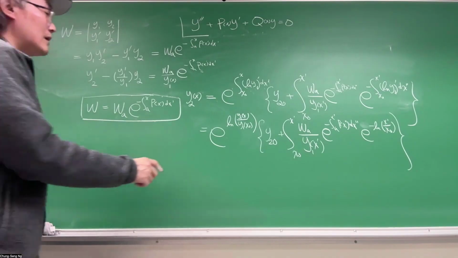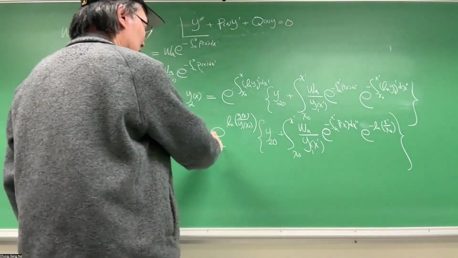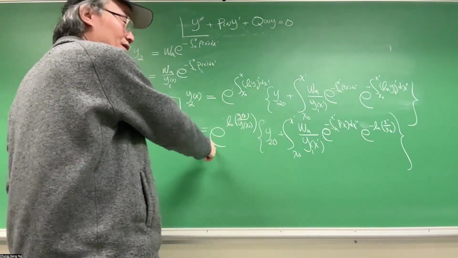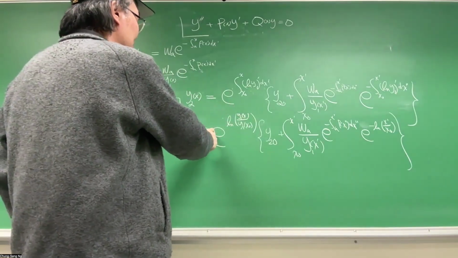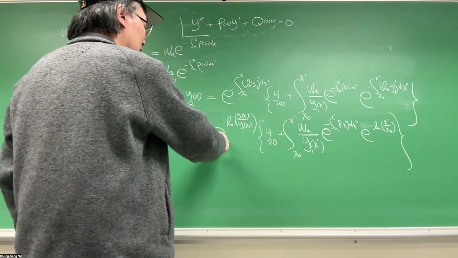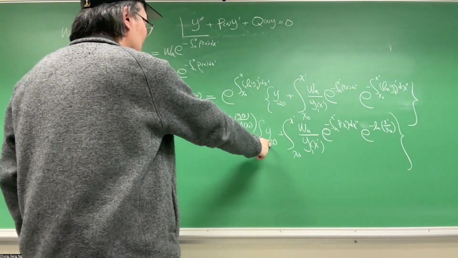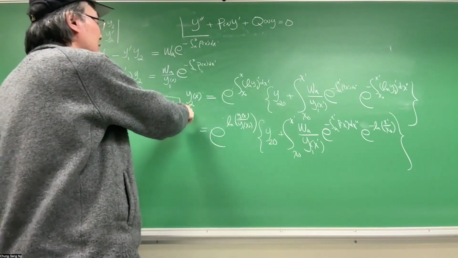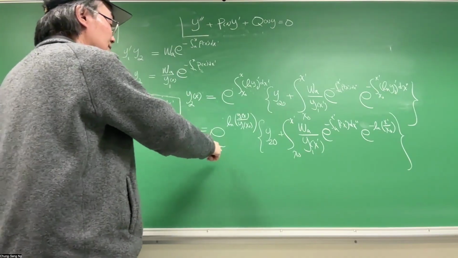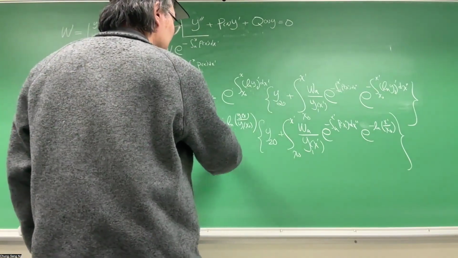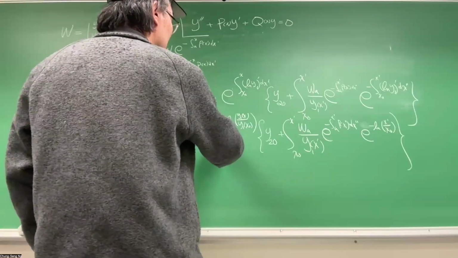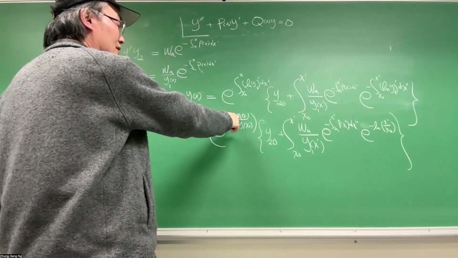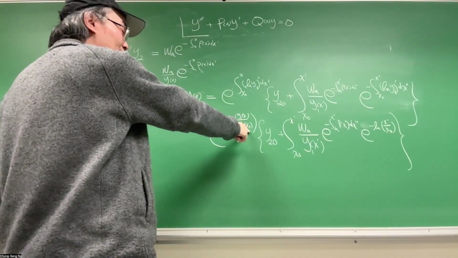Right? And now you just use the fact that the exponential of log just gives you the argument. It just doesn't matter. And now we can choose your constant, this one, because our purpose is to find a linearly independent solution. And then if you take the exponential function of that, that's proportional to y1 divided by y1 at x sub 0, which is just